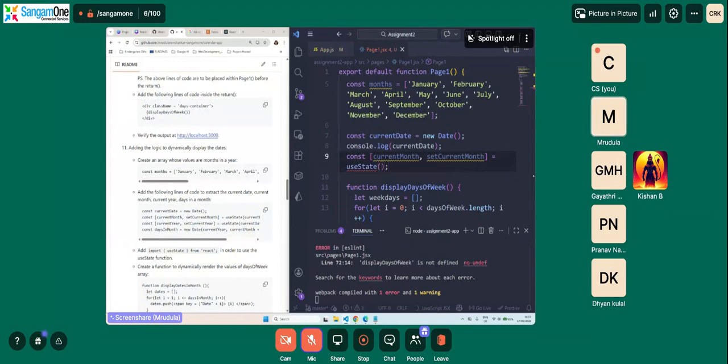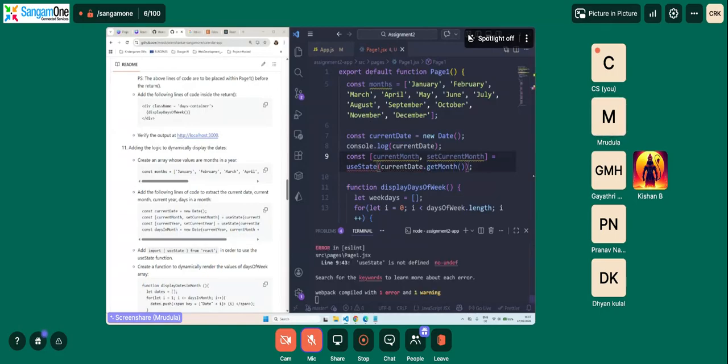As I told you, useState normally has the value, and it gets automatically updated as and when required. So we will say current date dot get month.